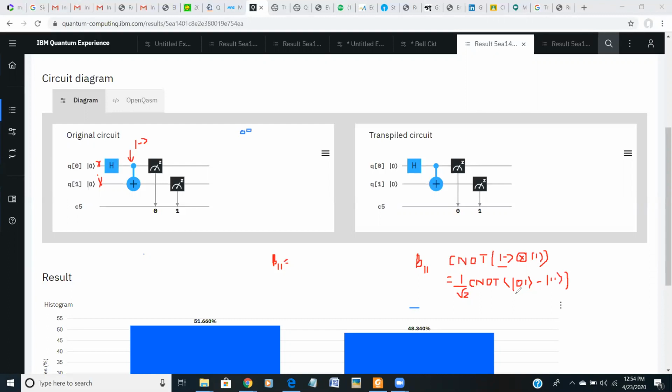Now I have to perform the C naught of 0 1. If control is 0, the target will pass.